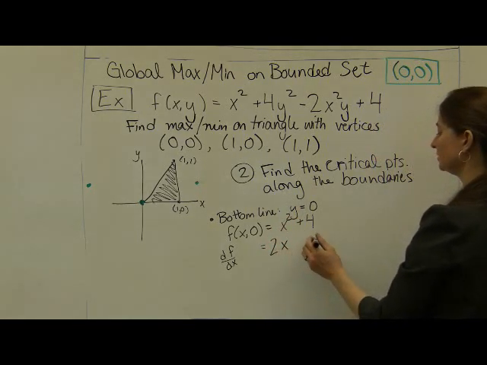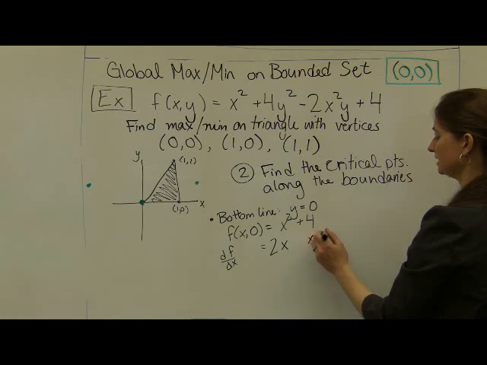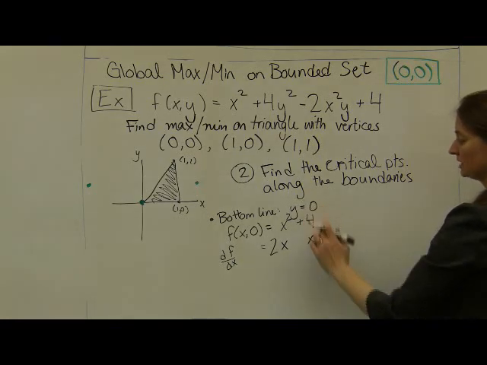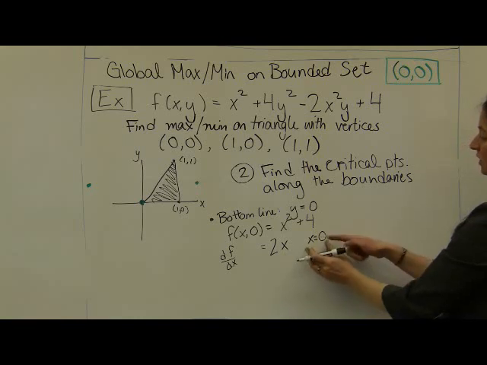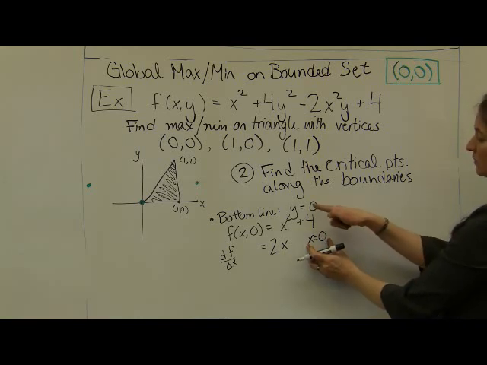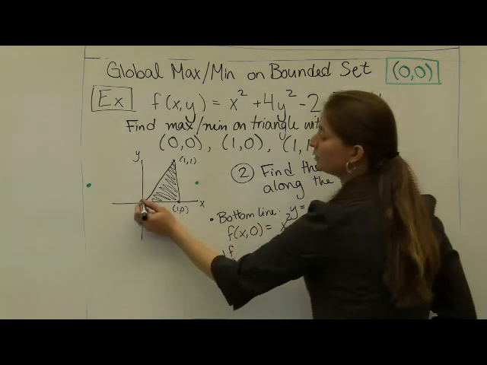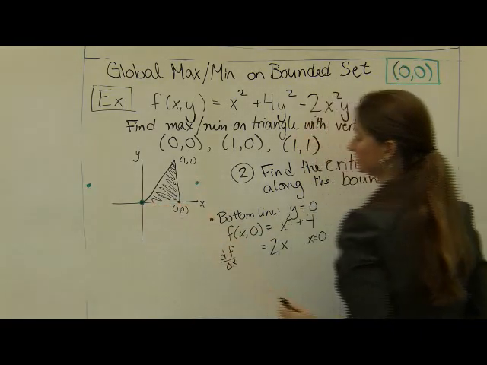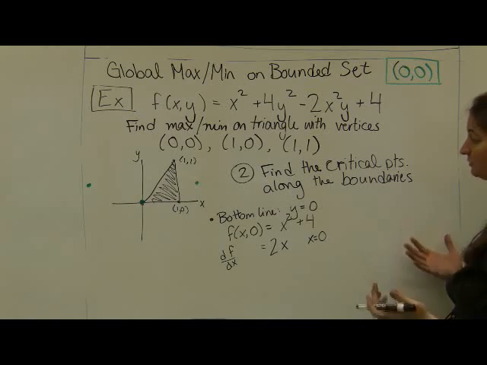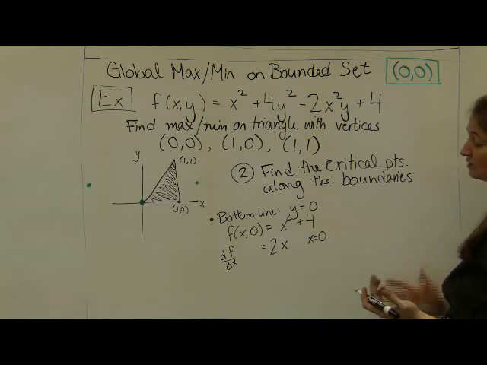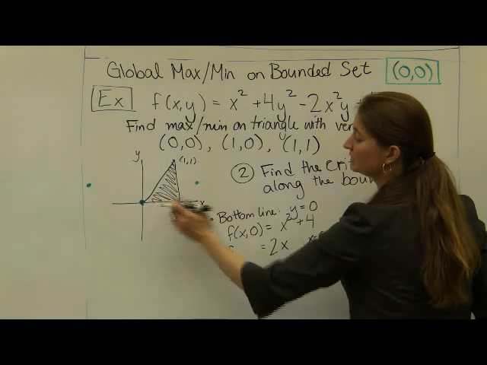So when is this equal to 0? This is equal to 0 when x is equal to 0. Notice that this gives us the same point that we found before. This is the point where x is equal to 0, and we already assumed that y was equal to 0. So we found that this point is a critical point along this line. Great. It's not very helpful information necessarily, but it rules out that any points somewhere else along the line might